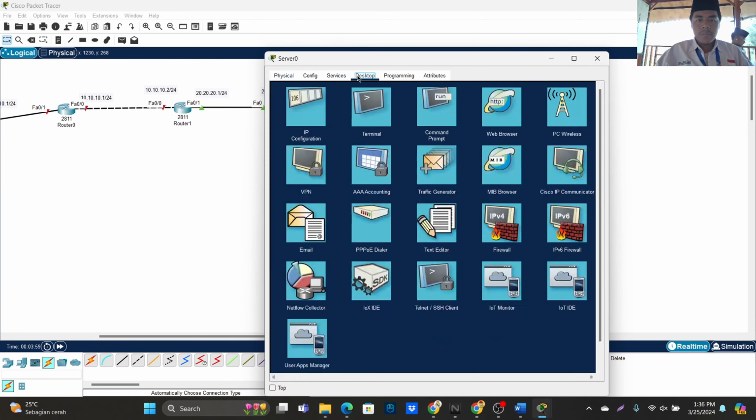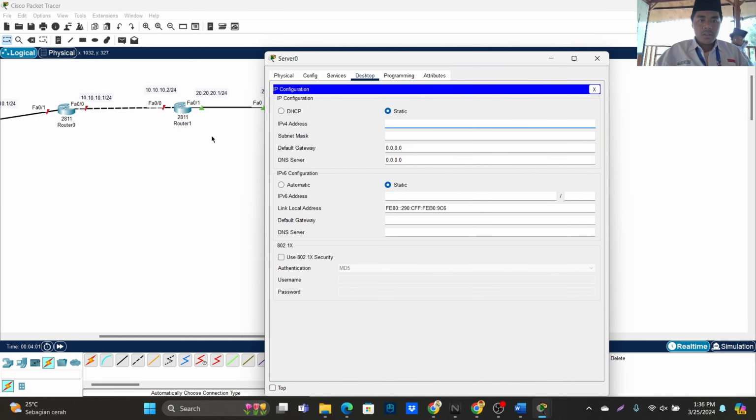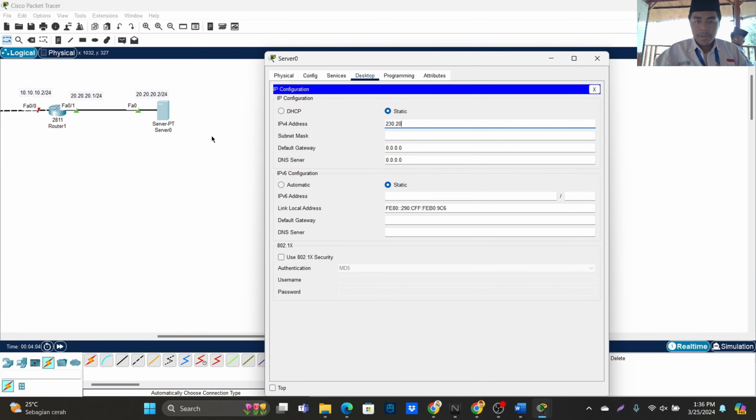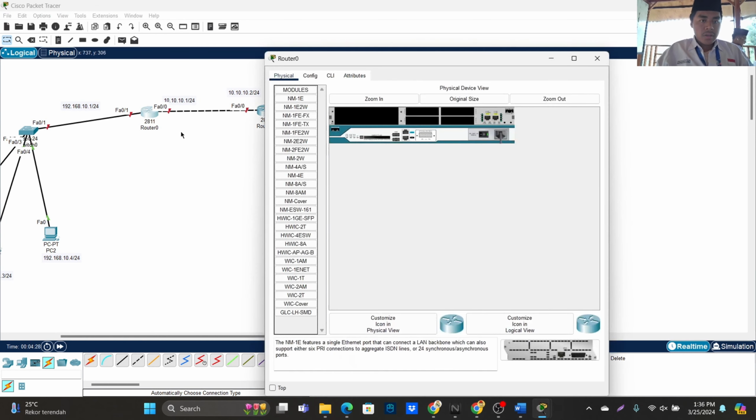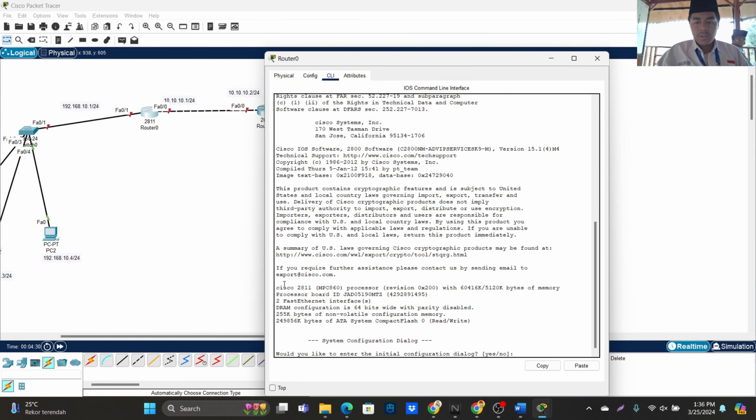Now give the server IP, with /24 and default gateway 20.20.20.1.